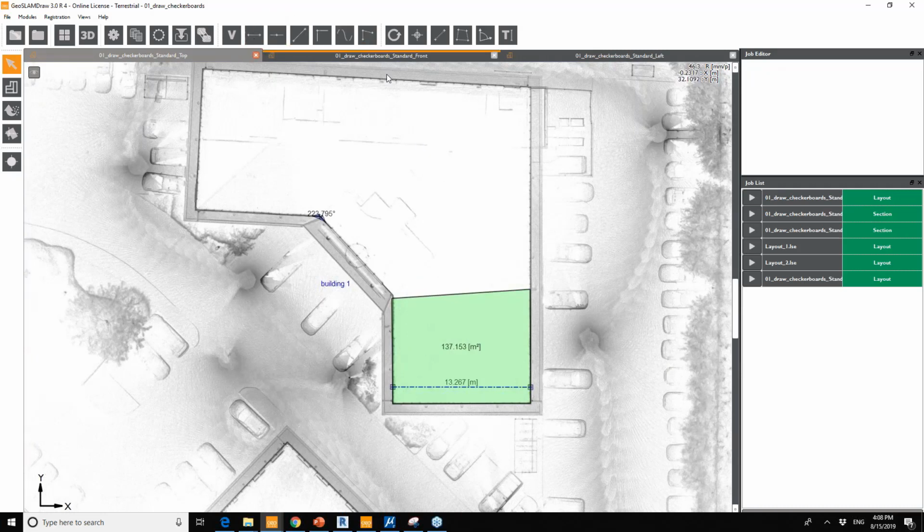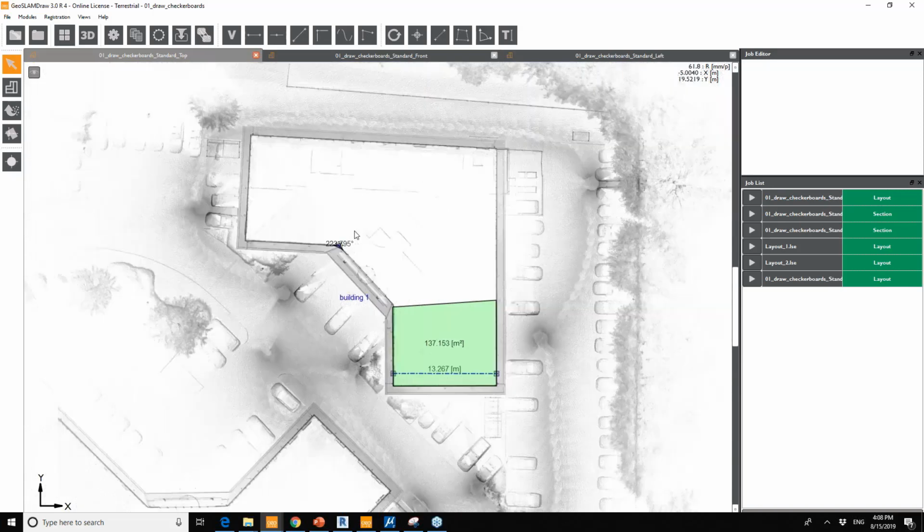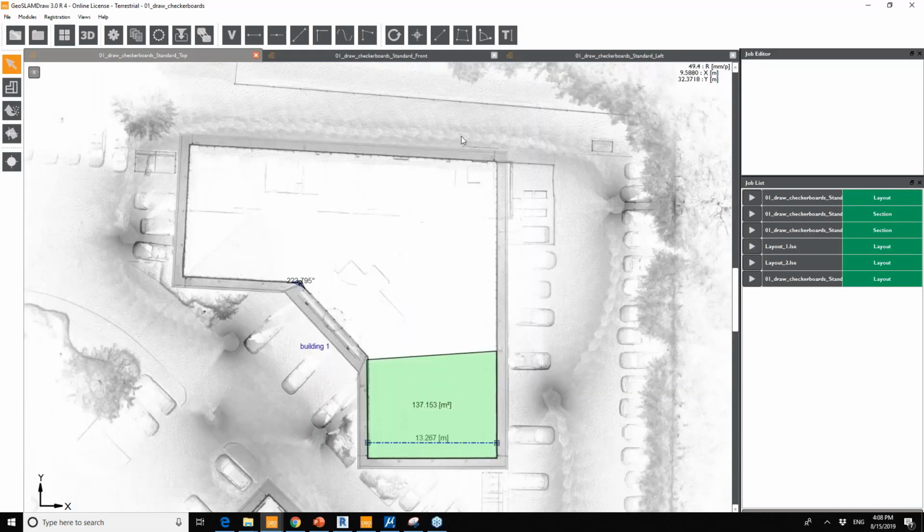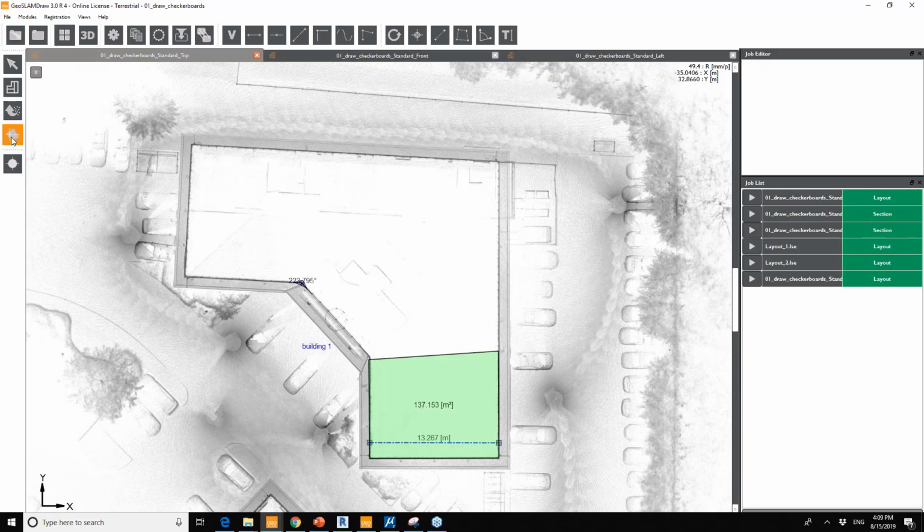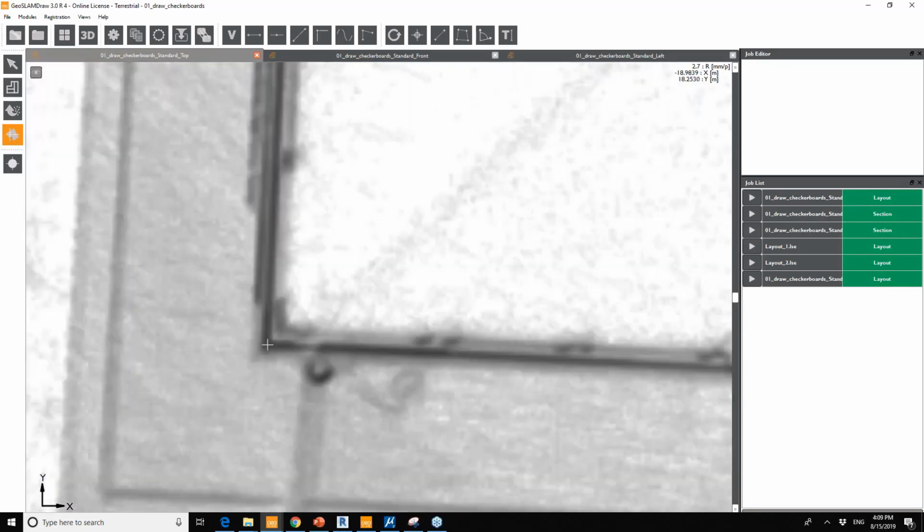vectorizing options. So for that, we can create a section through the building, and I can show you how to create a floor plan. For that, what works sometimes for people is first to align the point cloud, so you actually would be able to draw the straight lines. And to do that, on the left-hand side, there's an option to align scan project, where you can just select the corner of the building and drag your X and Y axis,